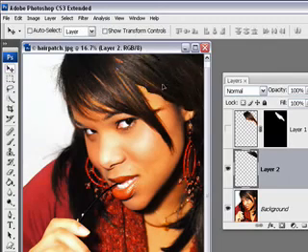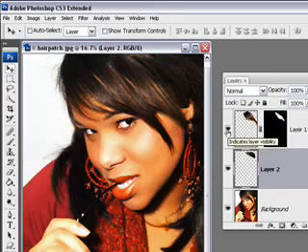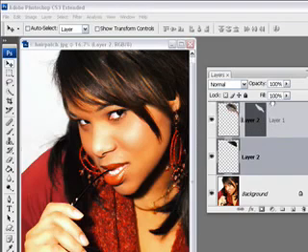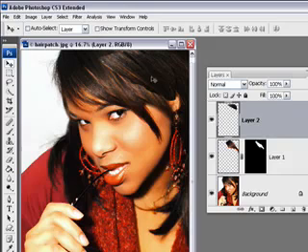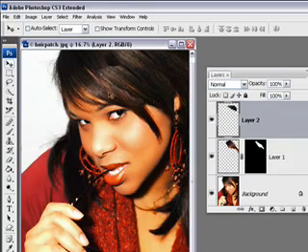And get the Move tool, maybe move this over here. Now, because that other layer is on top, it's going to take precedence over that. So if I want to use this number 2 patch layer, I can bring it on top here